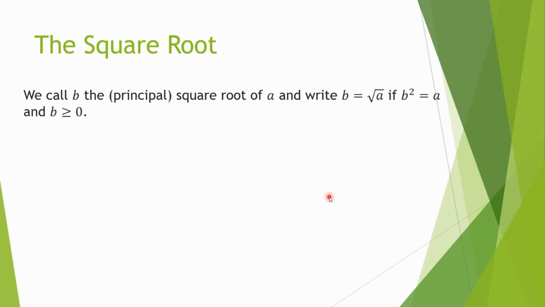It's the square root that's non-negative. If you went back to the previous slide, for 9 one square root was 3, but the other was -3. So when we say the square root, we mean the one that's non-negative, and we use